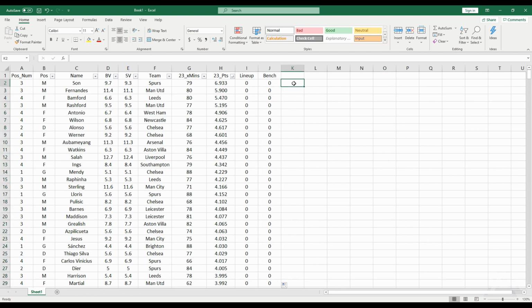In the goalkeeper problem, you could remember that we were only choosing a lineup goalkeeper and a bench goalkeeper, but in this problem obviously we will just change things a little bit. And also I mentioned that we will be choosing a captain, so the captain will be based on expected points, and it will be the player with the highest points, but we will let optimization choose the captain for us. So this will be also useful when you would like to include a vice captain with a certain weight into